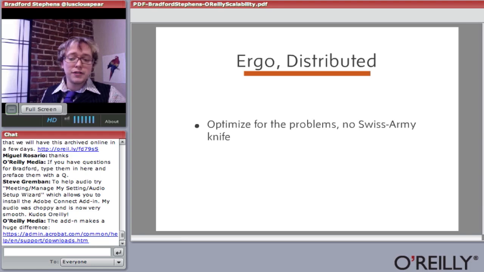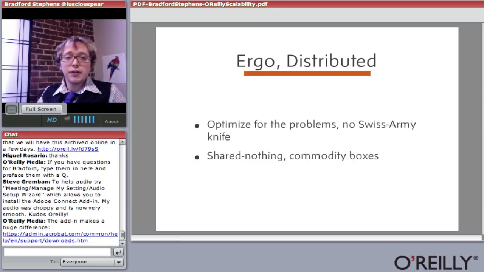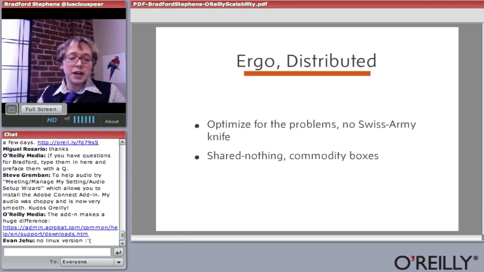But these days you'll often see clusters optimized for batch processing, for key value storage, or for low latency serving of images. Everything you build has to be optimized for the problems it's solving, or otherwise you're going to fail at all your objectives. A lot of times too, Google really pioneered this infrastructure, but you'll be building these things on commodity boxes. And by commodity, I don't mean $500, I mean $2,500, 16 gig of RAM, 8 core, 24 gig of RAM,